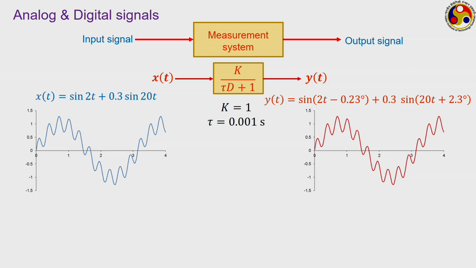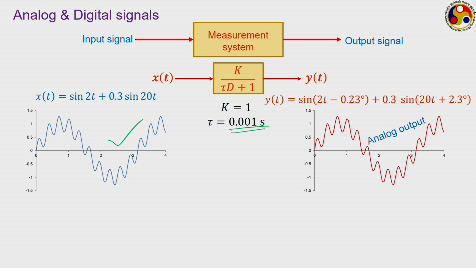Now, our objective here is not to focus on the shape of the output, because that is what we have discussed. We now know that depending upon the magnitude of this tau, we can have different shapes. But once we have this particular shape, this continuous representation of the output is what we refer to as the analog output. Corresponding to this particular analog signal that we are getting from the physical system, our system is receiving the analog signal, and whatever mathematical operation it is doing, following that it is giving the output also as an analog signal like this, where we have the value of y available at every possible time instant over the entire